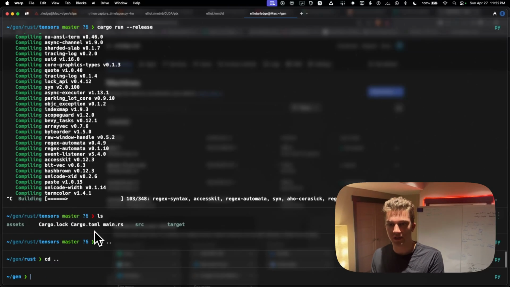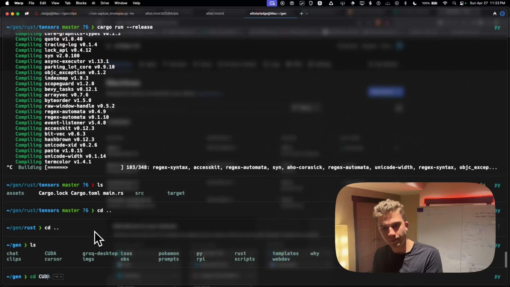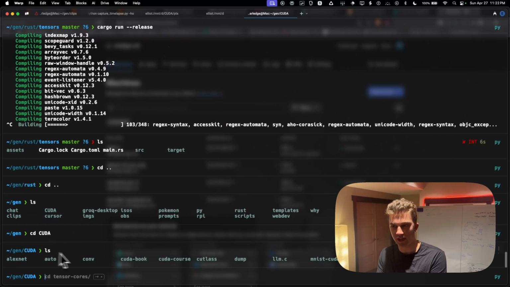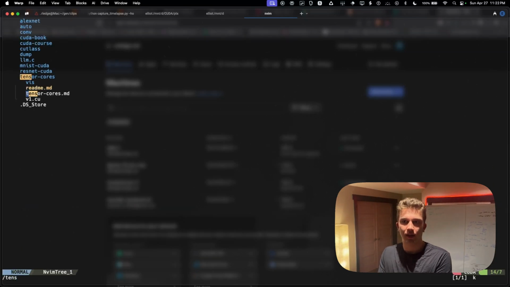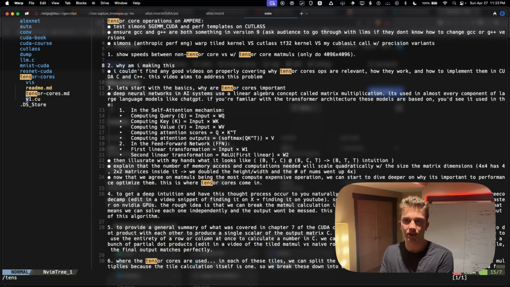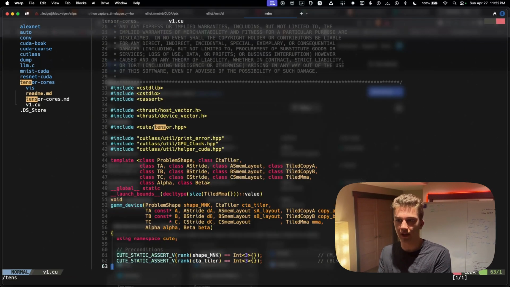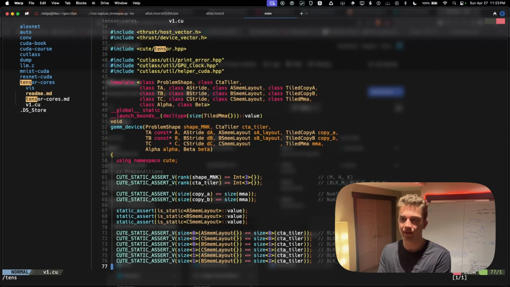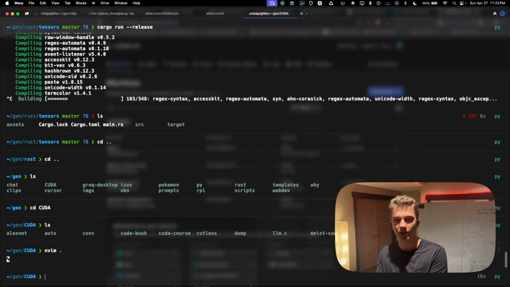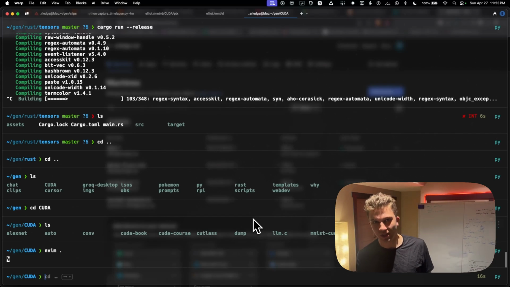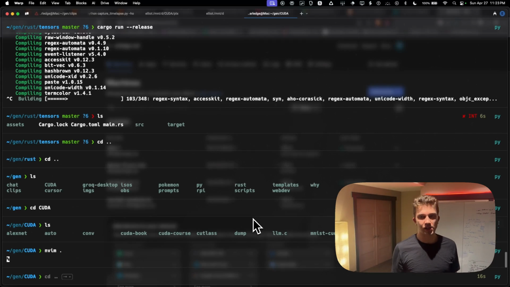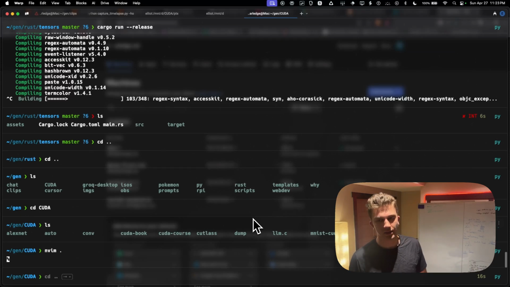So we have Python, we have Rust, we've got CUDA. A bunch of CUDA projects that I have. For instance, tensor cores, we could nvim, and you could see tensorcores.md or a CUDA file, which I use, CUTLASS tensor cores. So you can play around with stuff. And I include a lot of this here just to tinker with. Of course, you can't run CUDA kernels on a MacBook because it does not have an NVIDIA GPU in it. It has an Apple Metal GPU, but you can